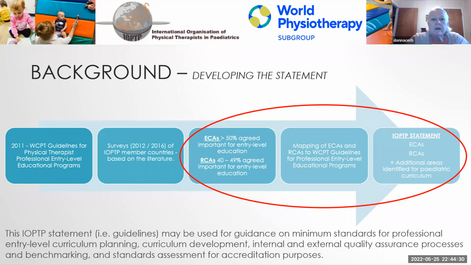education. We made a decision rule that if at least 50% of the participants in the 2016 survey said that something was important for entry-level education, we included it as an essential content area. If between 40 and 49% of the participants agreed that a topic was important for entry-level education, it became a recommended content area. So we went through the survey responses and came up with essential and recommended content areas, and